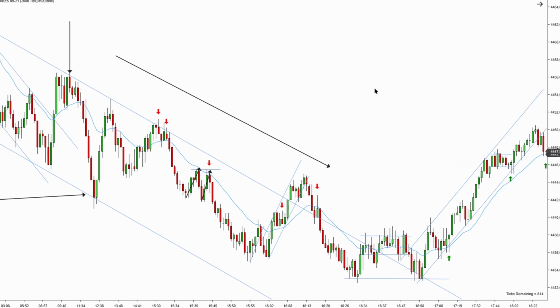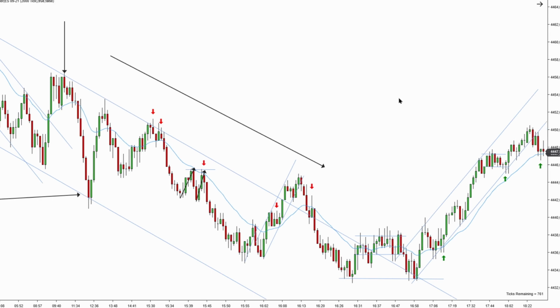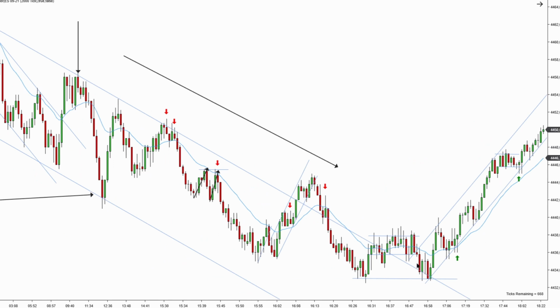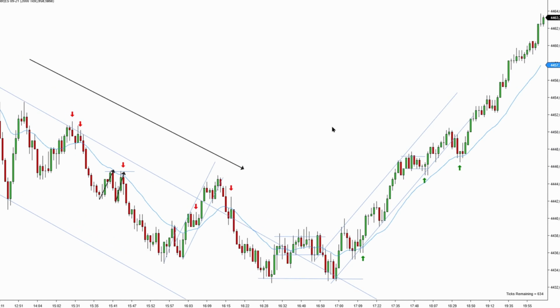If you guys find this video helpful, not that many clear, perfect setups, but you know, the reversal pattern is your go-to setup when you're looking for change of